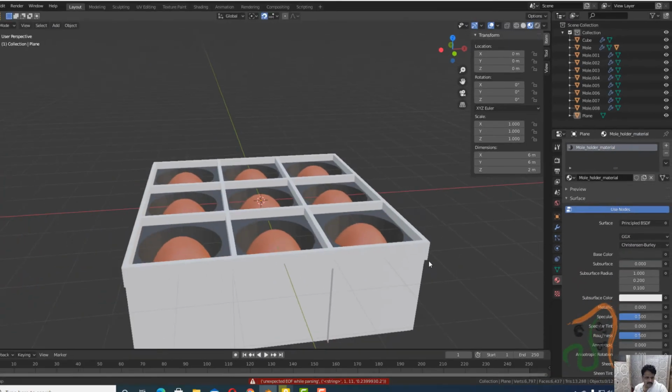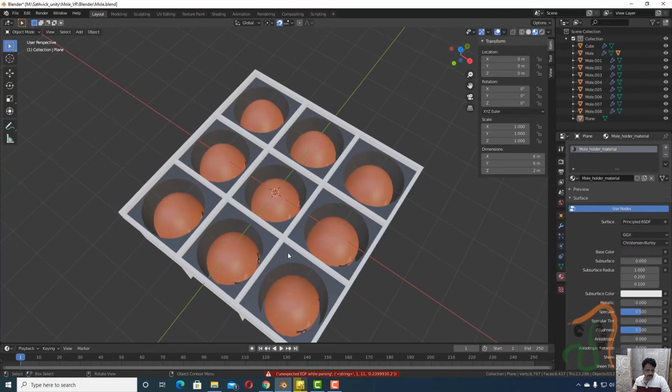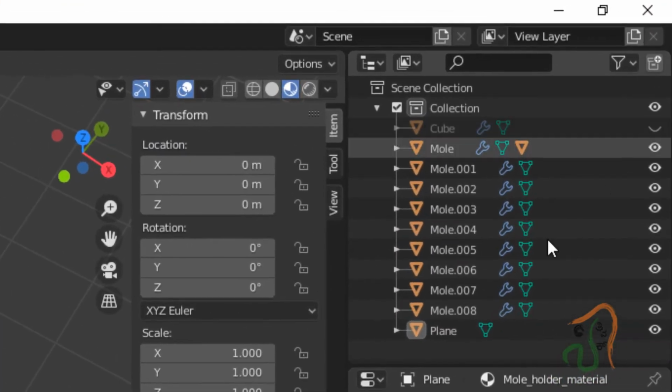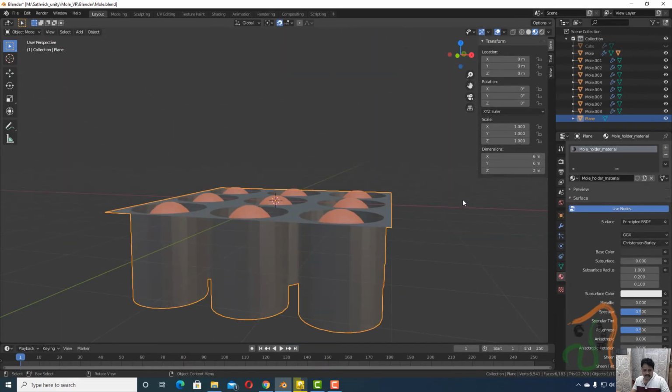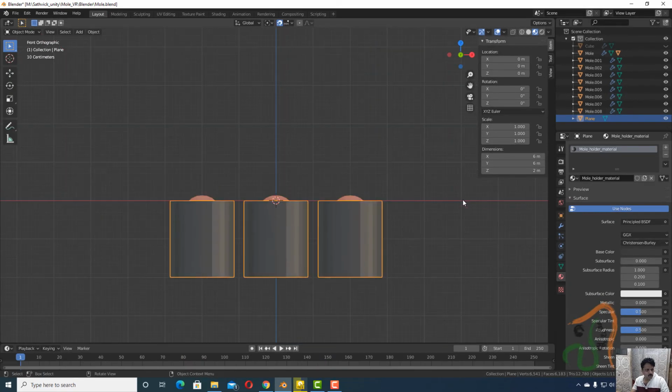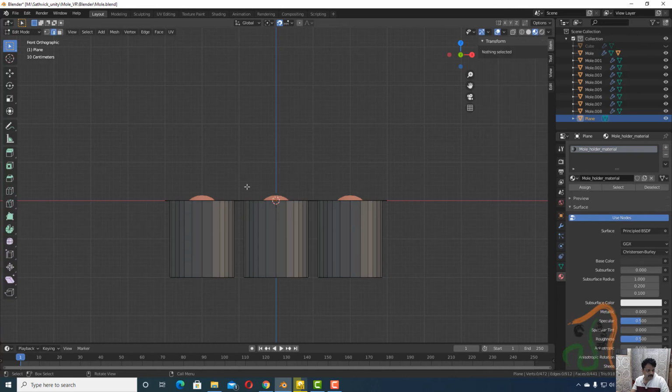And here one more thing is, we want the top area of this to be colored differently. So right now let us hide the cube, select this, and once it is selected, come to the front view and press tab, and in face mode drag a line on the top.